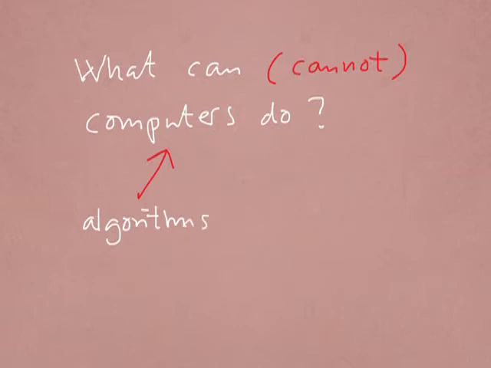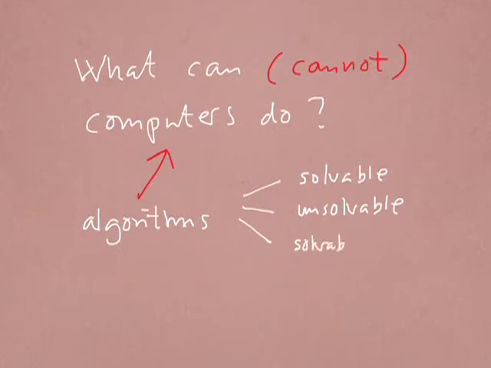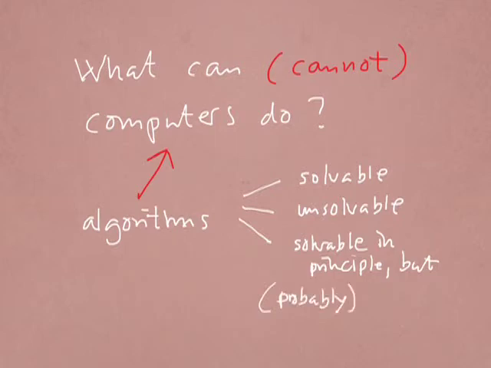And you'll discover that there are three kinds of problems in the world. There are the ones that are solvable by algorithms. We've seen some of those already in algorithms courses, but in this course we'll discover that there are problems that will forever remain unsolvable. They are provably unsolvable, and there are ones that are solvable in principle but not in practice. And they are also important to know,